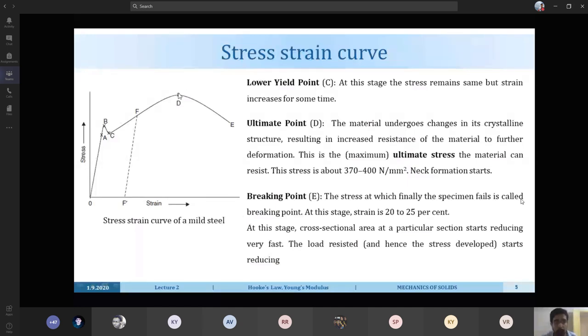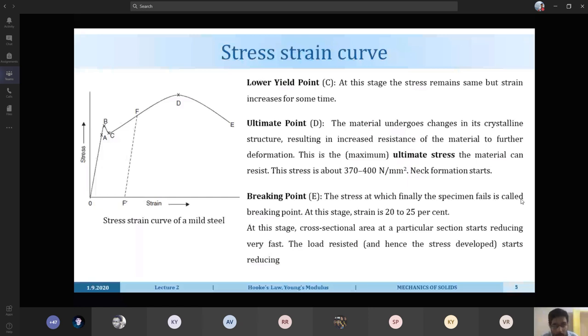And this point D is called ultimate stress. Ultimate stress means the maximum stress the body can sustain, beyond which if you apply any force, the body fails. The structure breaks apart. So what we are trying to do here is, again, the structure reached the maximum stress, and then here again we apply the stress. At this point, as I said, the structure is going to fail, and the structure cannot have any more resistive load. The stress reduces, and finally at point E, the structure fails, and that point is called the breaking point.